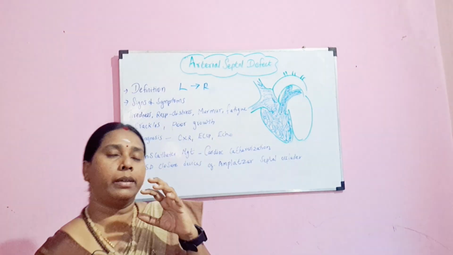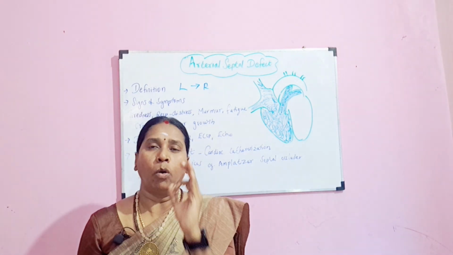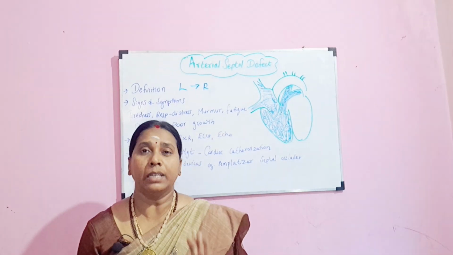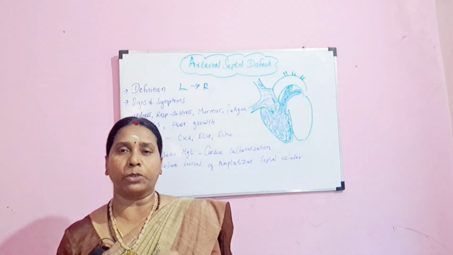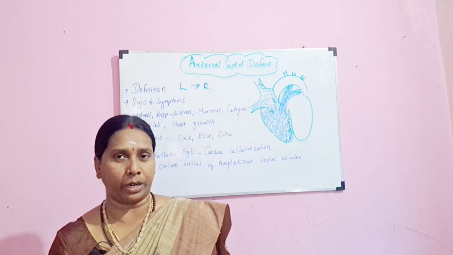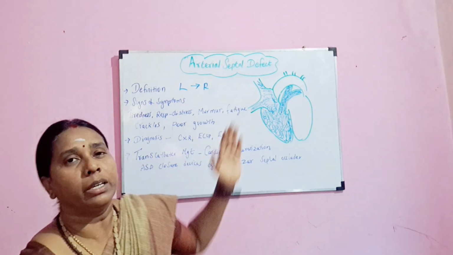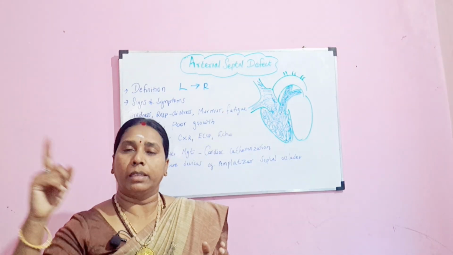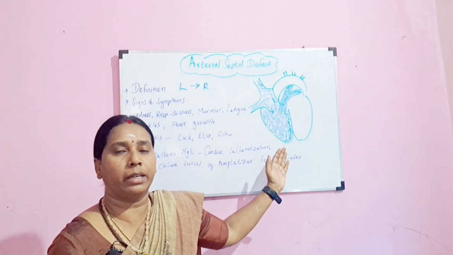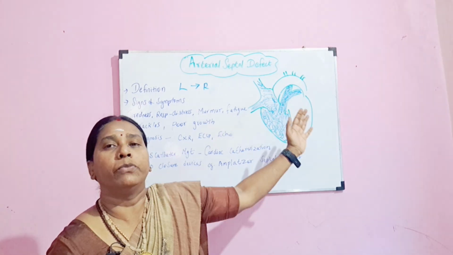So we take an occluder device and occlude the septal shunt or the opening in your septal region. Okay, so this is what we have discussed in atrial septal defect, where there is an opening or a shunt between the right atrium and left atrium. Because there is a shunt, it is a left to right shunt. The oxygenated blood from the left side enters the right side. So already where there is deoxygenated blood, this blood comes in, and from here it enters the right ventricle, and goes to the lungs for purification.